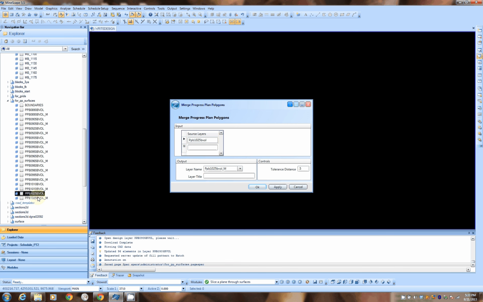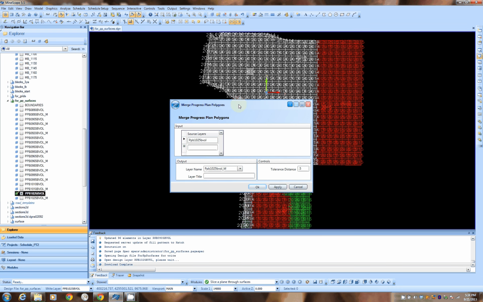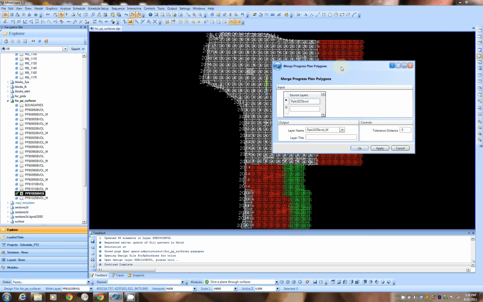It better be a different layer. I've used the same name, but I've added the suffix _m, which means merged. In tolerance, you just put 0.5, and when you hit OK or apply, it would actually go through all the polygons, and it will generate the merged polygon